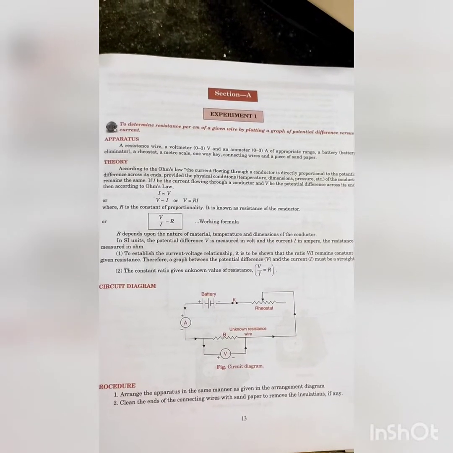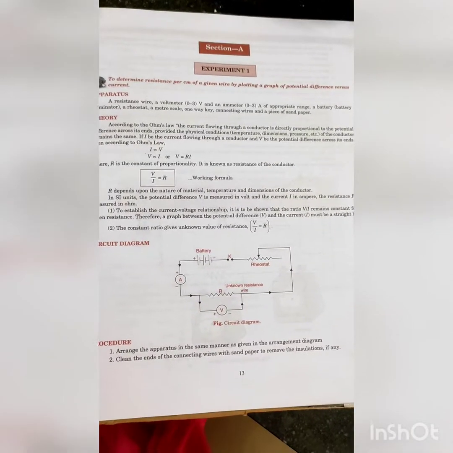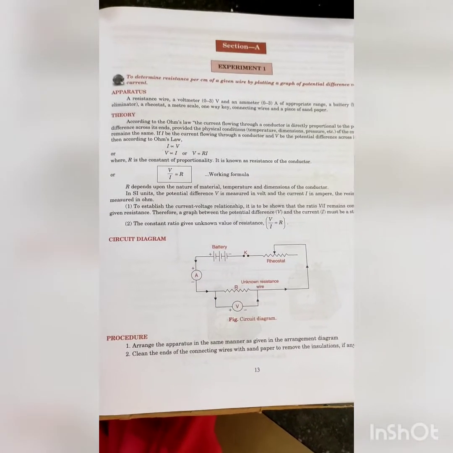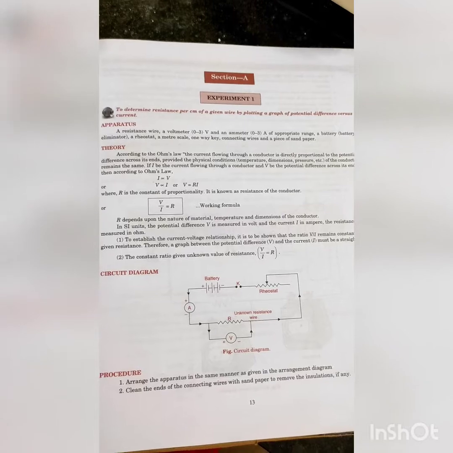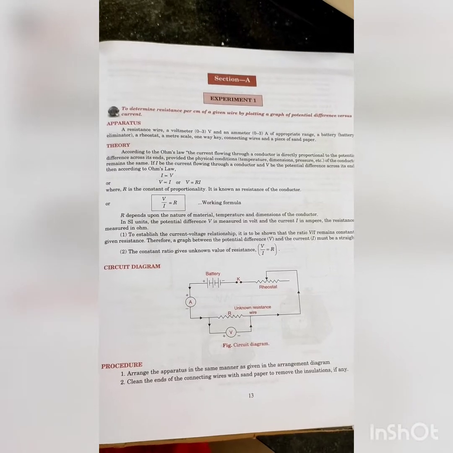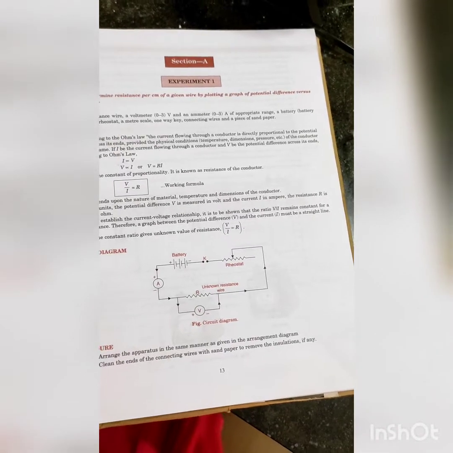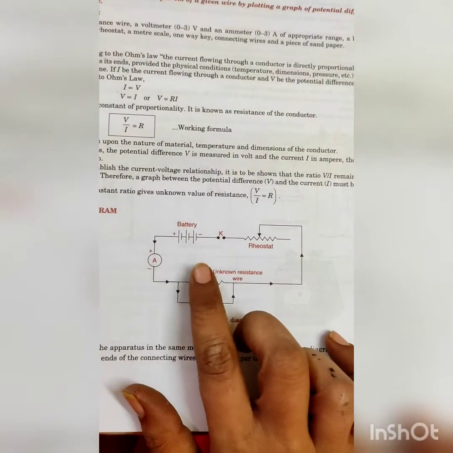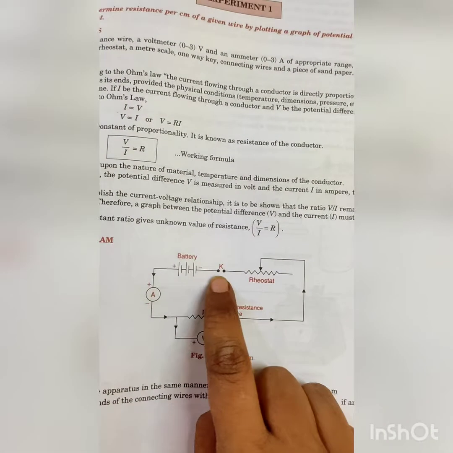And in the apparatus, see what is given, that is a resistance wire, which we have to connect to the voltmeter. Okay, so we are taking a wire for which I have to find the unknown resistance. And the second thing, a voltmeter, an ammeter, a battery eliminator, a rheostat, a meter scale just to measure the length of the wire, a one-way key, connecting wires, and a piece of sandpaper. The sandpaper is required to sharpen the ends of the copper wire. Okay, whether it is needed or not is optional. So now see the circuit diagram, that we have to connect like this itself. So we are connecting the instruments the way it is given in the circuit diagram.